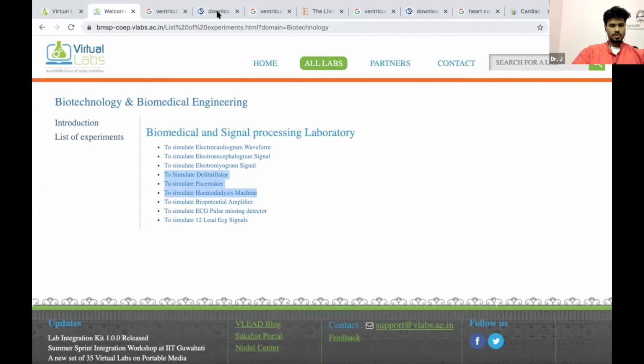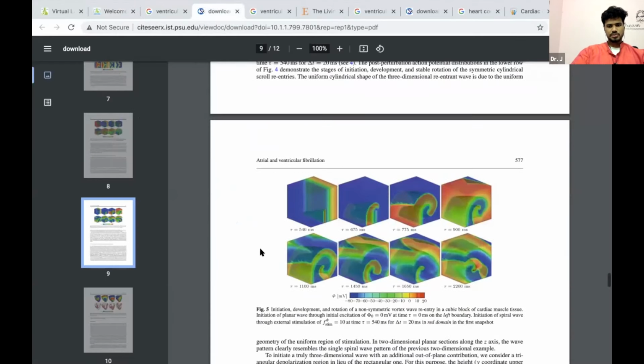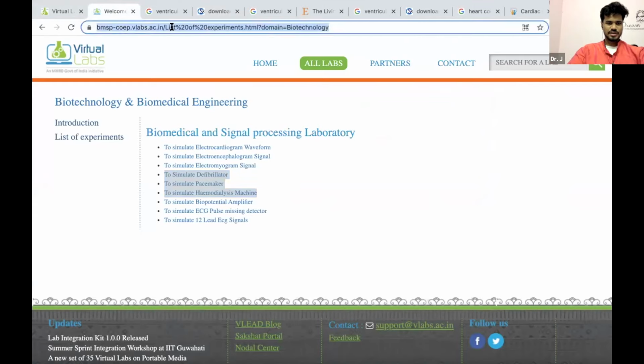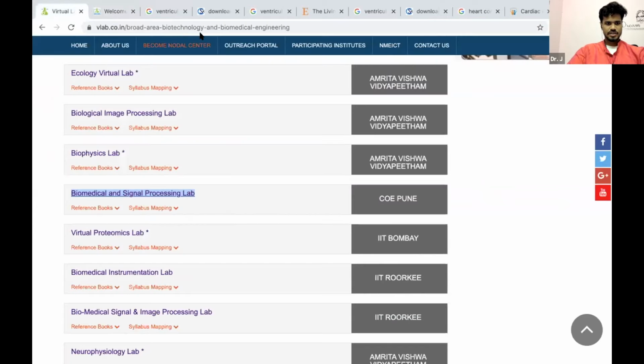So later on, the objective is to move towards things like this. Take different physiological systems. One day we'll spend time, and I'll give you a code for simulating pressure-volume from a heart. Then look at all these PV parameters and all that. One day let's do that. And someone asked for the link of this virtual lab, so I gave it in the chat. This is the main list.